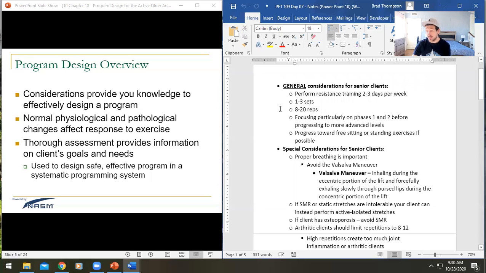Now, obviously today, I want to teach you about overall program design. So we're going to address that, 1 to 7. We're going to go from 1 to 20 repetitions. We're going to go from 1 to 6 sets. But in general, if you notice these numbers here, and for those of you who have been through program design, you'll notice that means we're particularly focusing on phases 1 and 2 with our senior